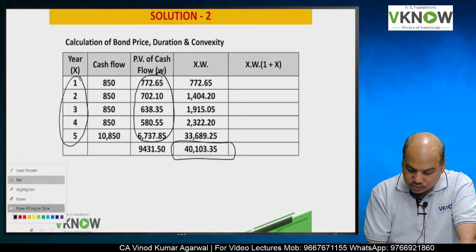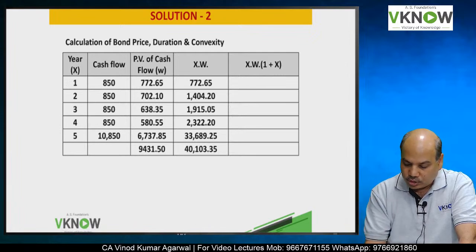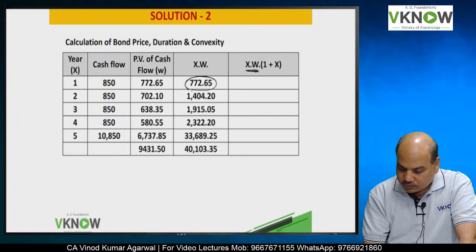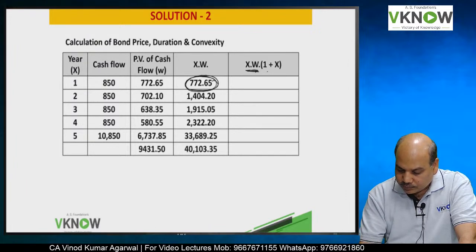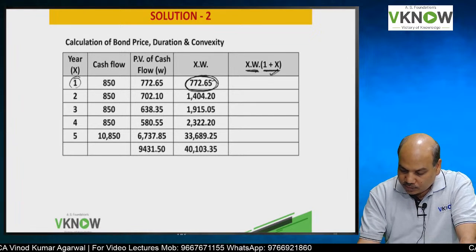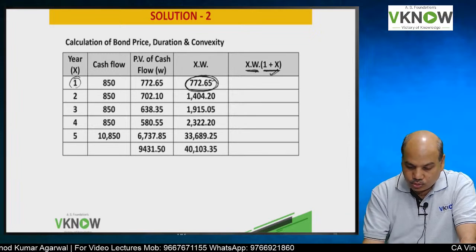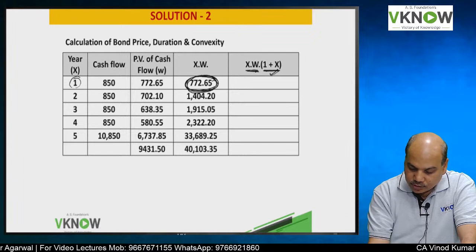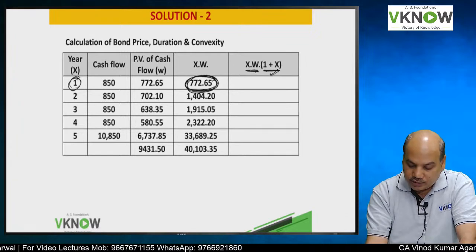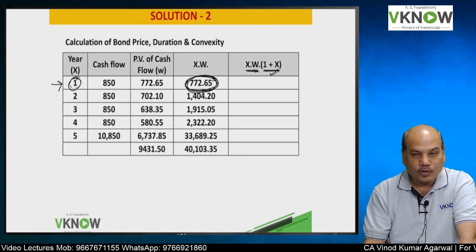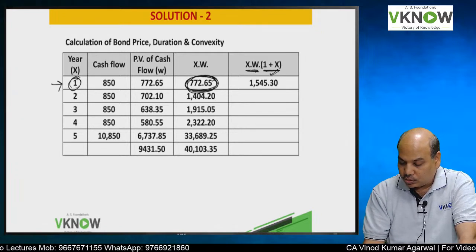How to get the last column? That is for convexity. X into W. We will take this fourth column into 1 plus X. X means 1. 1 plus 1 means 2. So the student will take 772.65 into 2. If it is written 1, I will take 2 into 2. That is how the formula will work. So this will come to